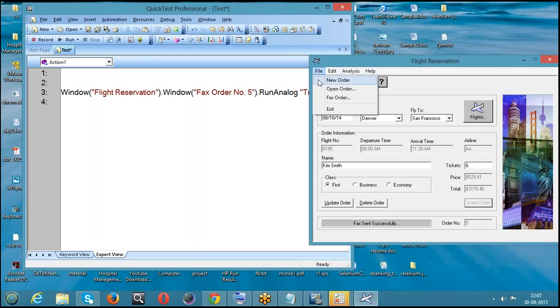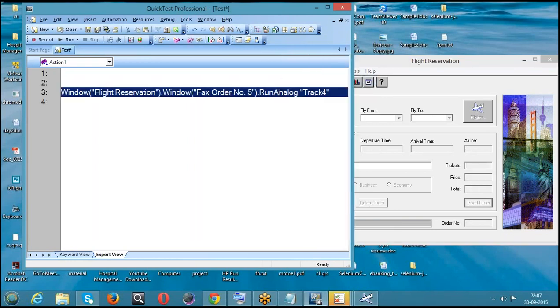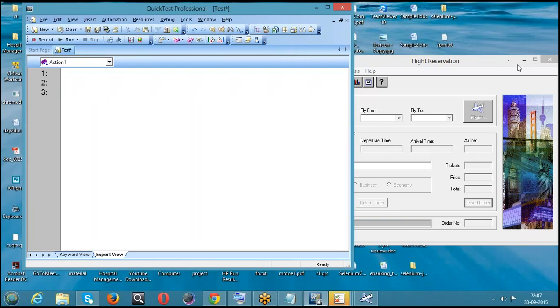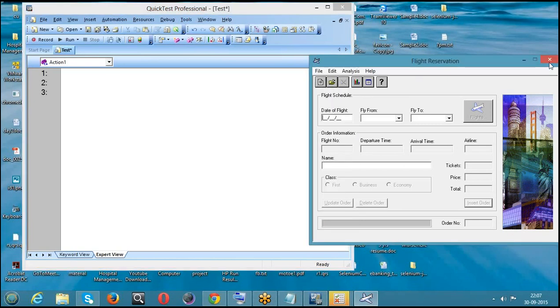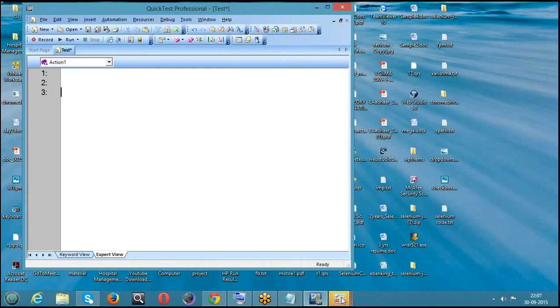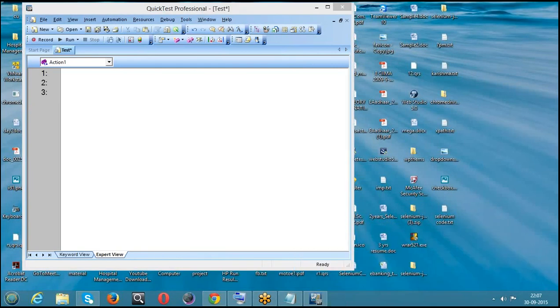Clear? Now, let us compare the standard recording and analog recording. I'm very sorry, I'm repeating this again. So in analog recording, it works for mouse clicks, keyboard operations and mouse movement, and it will give you a single line. Whereas in standard recording, for each transaction it will give you a separate line, but here from record to stop it will give you one line only. Now let's compare analog and standard and see which one is best.